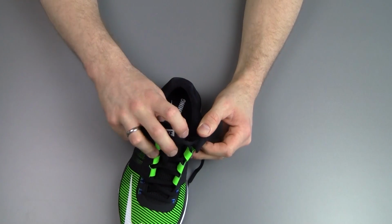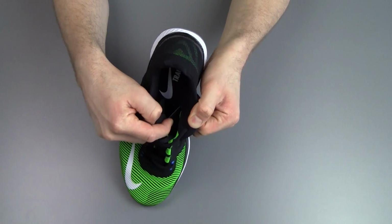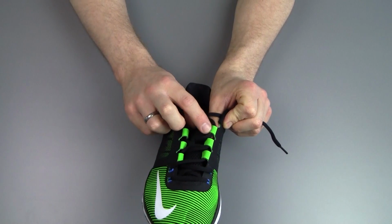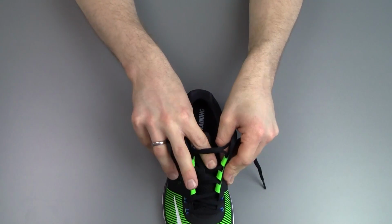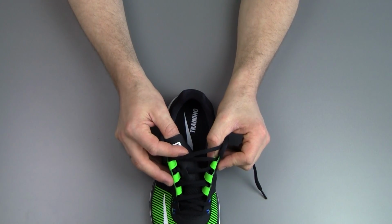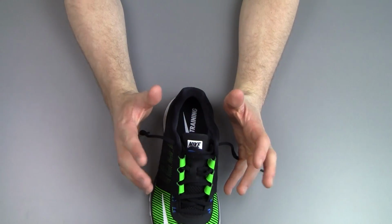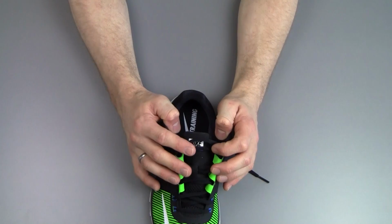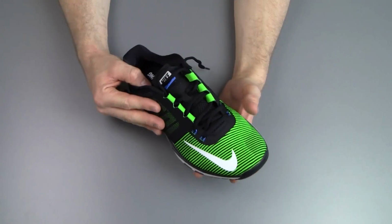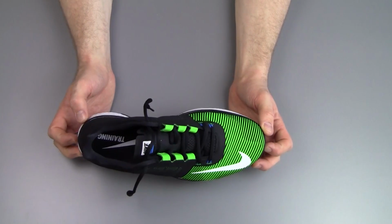It's probably hard to show on camera, but you have the outside of the shoe here. Then there's a separate layer, and then where the shoe laces and these sort of loops are attached. And then there's a third layer, which is the tongue of the shoe, I suppose you call that, that goes around your foot directly. That provides, Nike claims, a better lockdown of your foot and a better way to make sure that your foot sits nice and secure in the shoe, which I have to say is maybe technically true, but